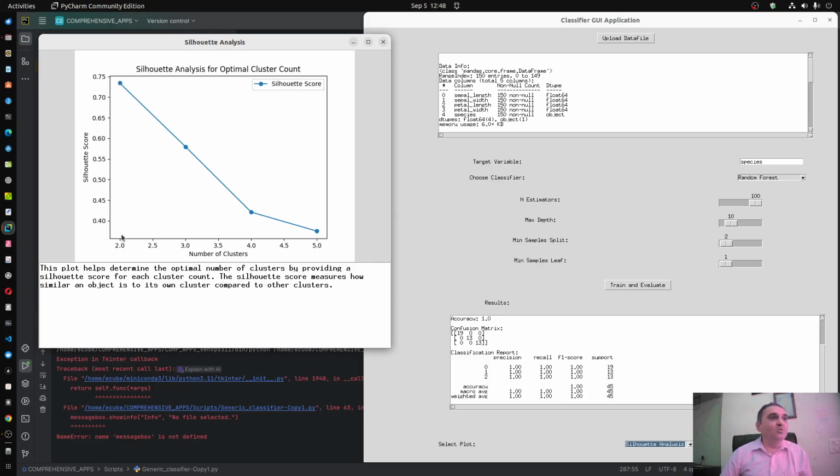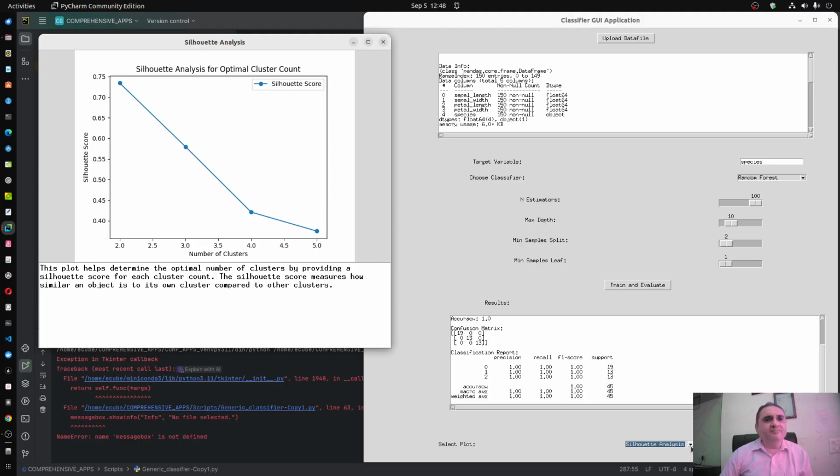Here if I take two clusters, then the silhouette score is around 0.75. So obviously if I extend this and start this scale from three clusters, then I can even reach maybe 100% silhouette score or something like that.